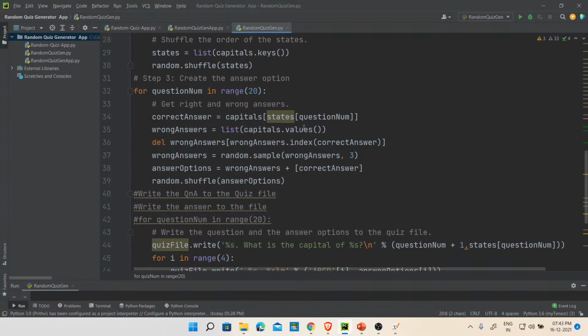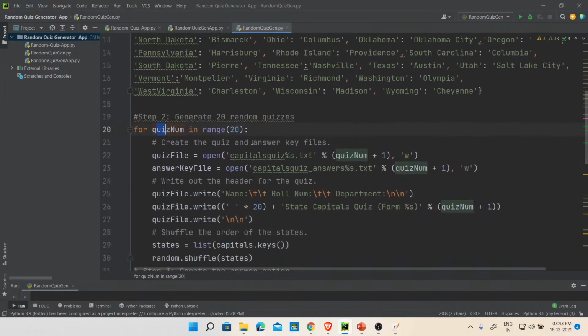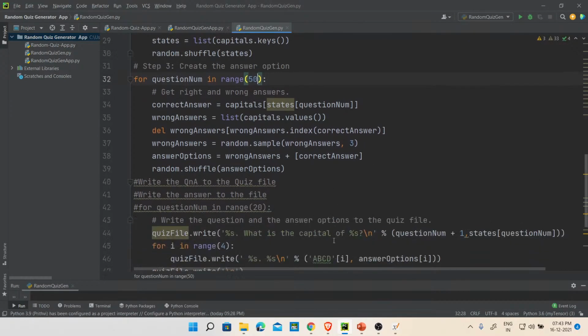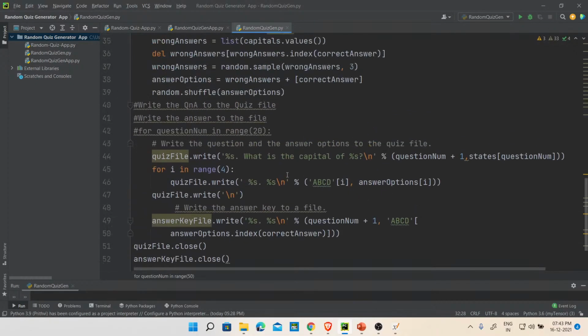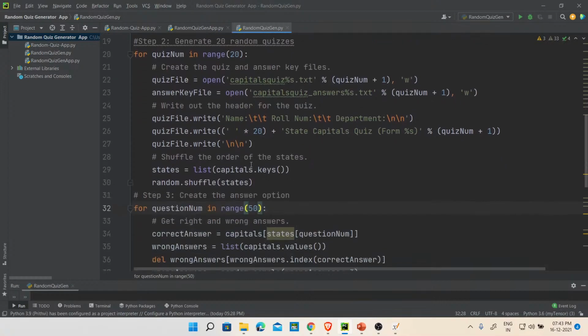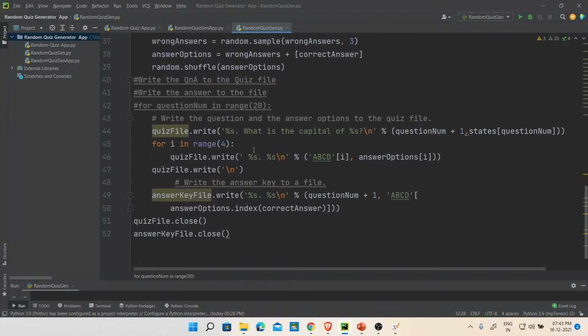Okay. And maybe for now I need to take the entire thing into consideration, because maybe that is also one of the reasons. No problem. So here, how many states are there? There are how many states? 50 states, right? So let me take all the 50 states. Okay, and then I only needed 20 random quizzes out of the 50 states. Fine, and in this range I'm writing this.